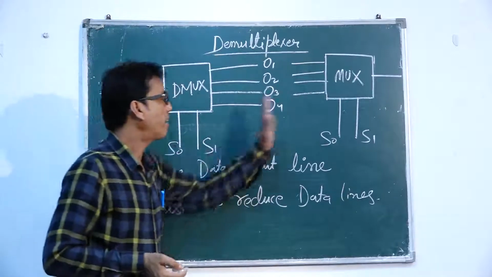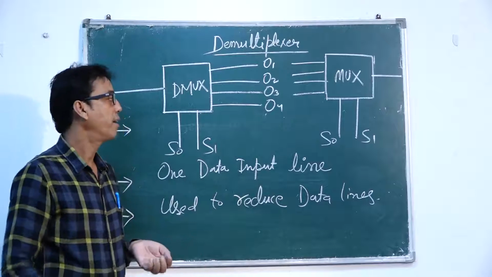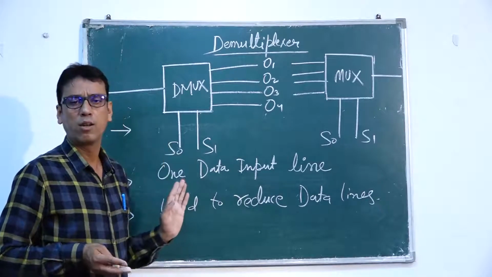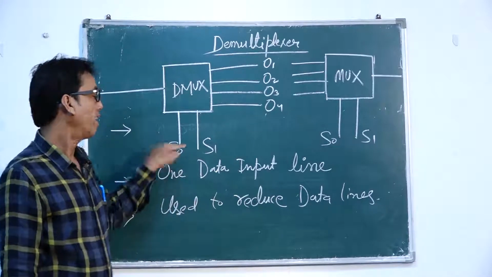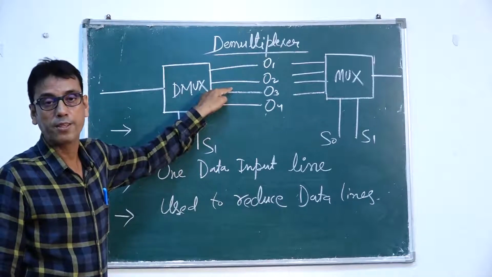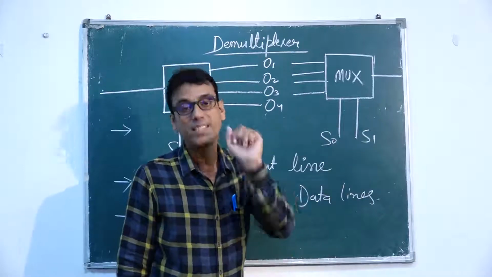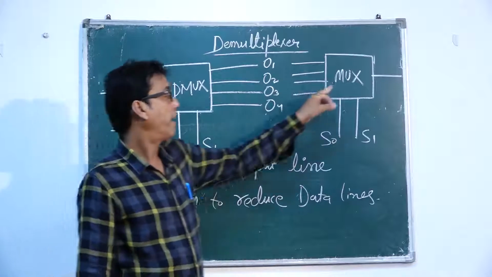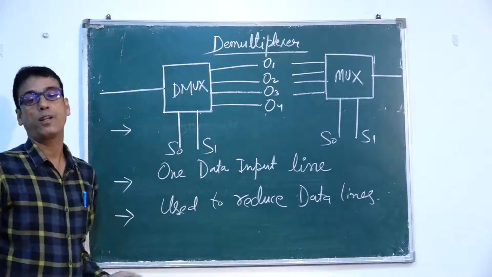Now compare the mux with demux, multiplexer with demultiplexer. You will find that more or less both the circuits look similar. But there is one difference. N selector lines, then 2 to the power n output lines. N selector lines, then 2 to the power n device input lines. This is what the difference is. One has only 1 output line, whereas the other has only 1 device input line.